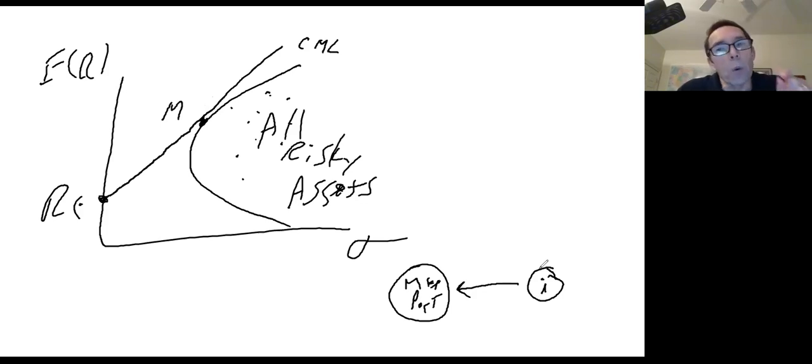portfolio. So again, what's of interest to us is not how risky asset I is by itself, but how it affects the risk of our team, the market portfolio. When I add asset I to the market portfolio, does it cause the standard deviation of the market portfolio to go up, or does it cause it to go down, or does it keep it exactly where it is? That's what matters, which means we have to go back and take a look at our weighted variance covariance matrix